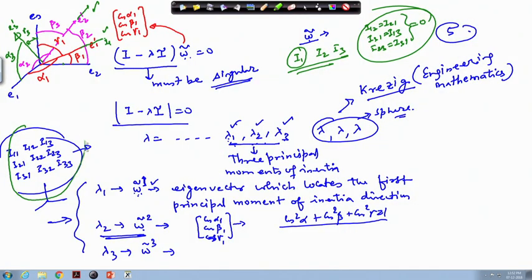Once you have got the moment of inertia for the whole system, which looks like this, you can reduce it to the diagonal format by considering the eigenvalue problem, and you can get lambda 1, lambda 2, lambda 3, and also the principal axis directions. Once you get the principal axis directions, you can work with I 1, I 2, I 3 instead of working with this whole matrix, because this is very easy to handle in controls.